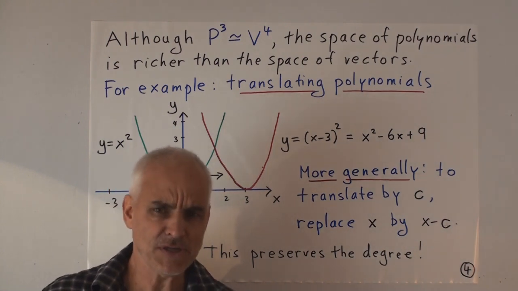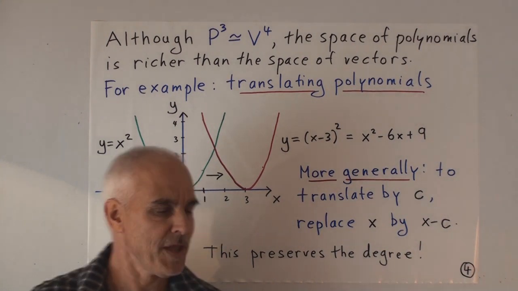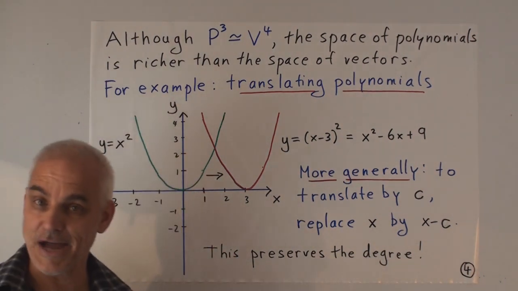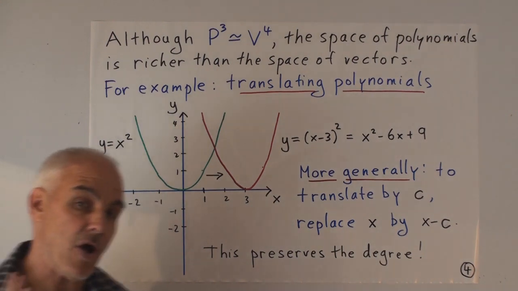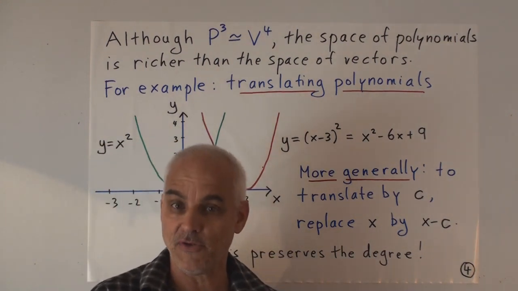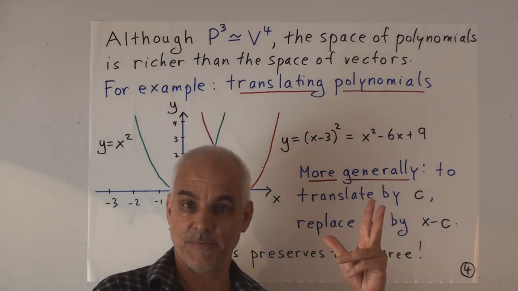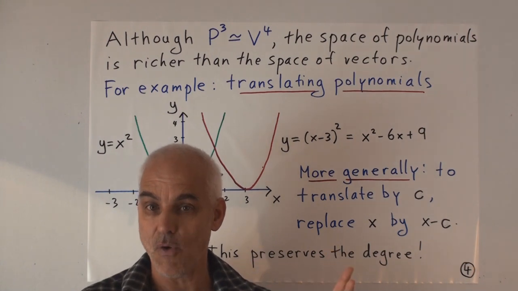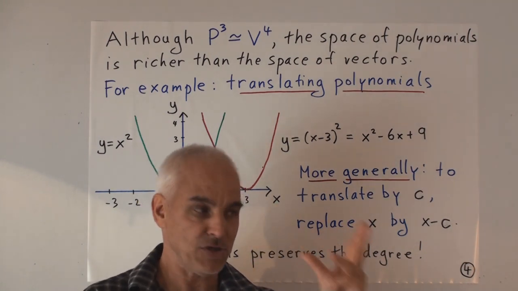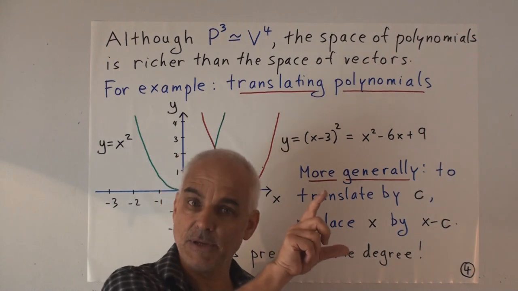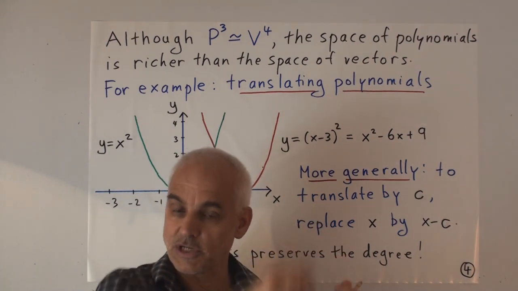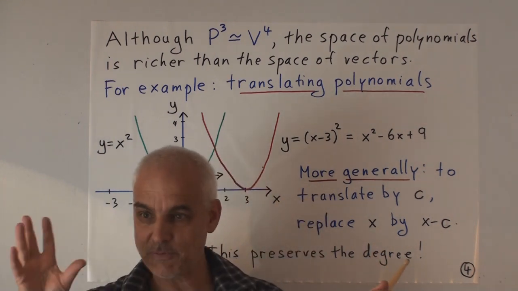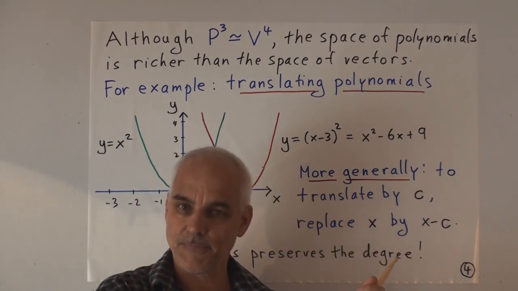So we have these two different ways of thinking about polynomials now. We can think about a polynomial as a graph in the usual calculus kind of way. But we can also think of the space of polynomials as an abstract vector space, an abstract linear space which happens to be isomorphic to V4. So in your mind, at least, you can think of this four-dimensional space, and the elements of that space, or the vectors in that space, correspond to polynomials. Each vector corresponds to a polynomial. Each polynomial corresponds to a vector.